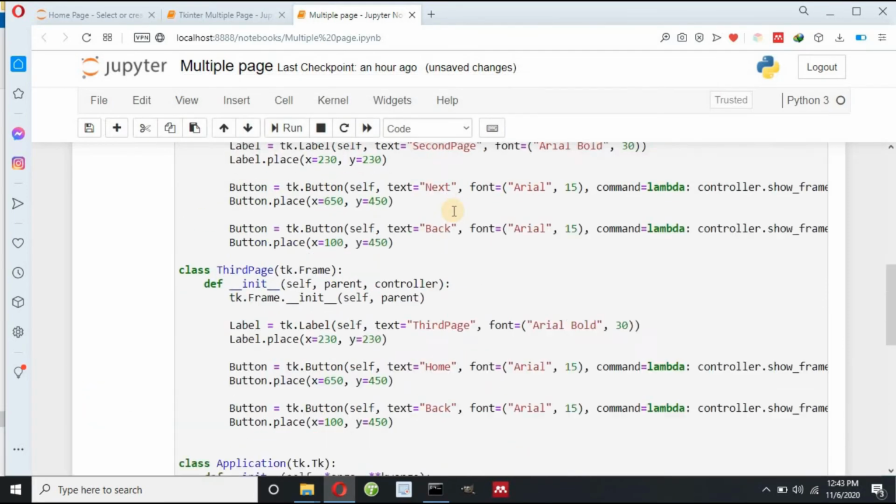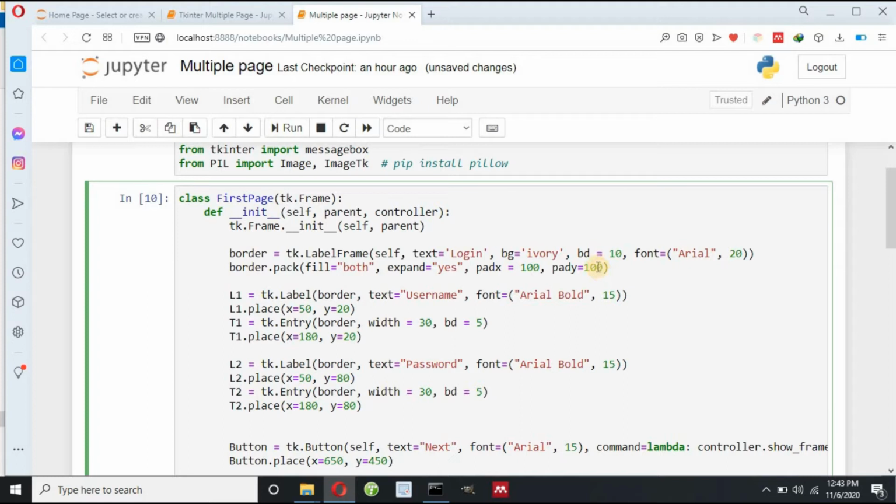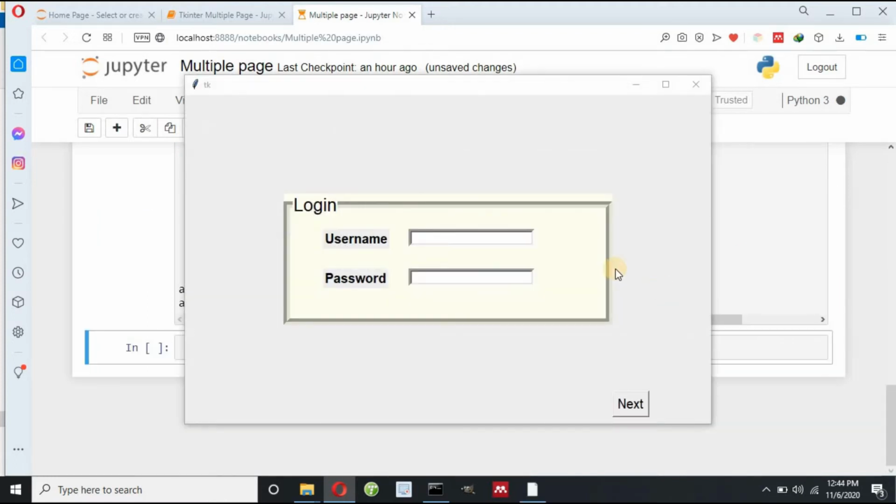But I can increase my padding x and padding y value, suppose 150. Okay, this is fine. So this is my username and password. Now I can change the color of this label username and password. I can match this color to this background color, so I have to define Ivory in this label.